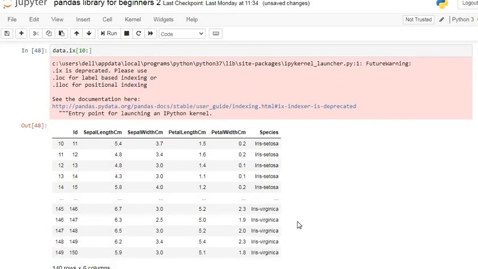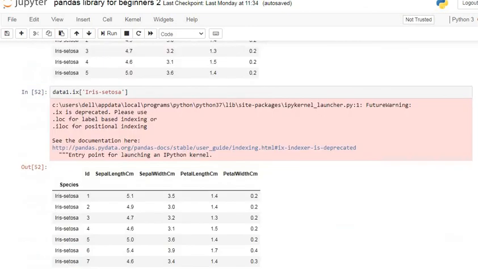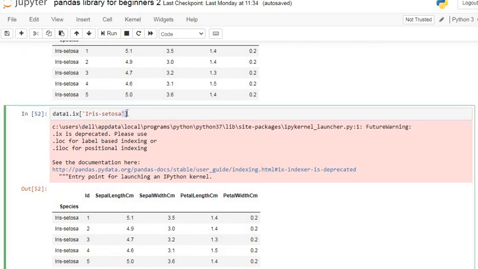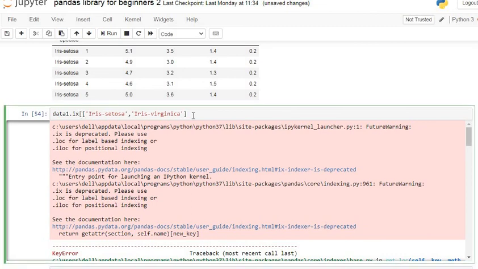So we will get all the rows having iris setosa in the output. Let's make a list here. I take iris virginica also. Let's see what we get in the output. You can see here we get an error because we have to specify one more bracket.